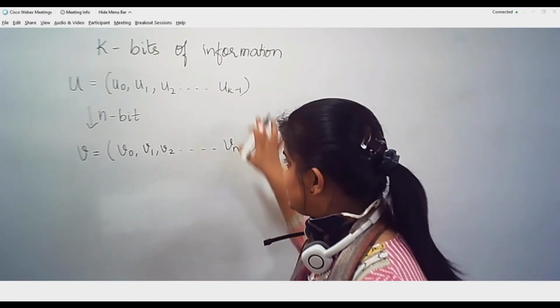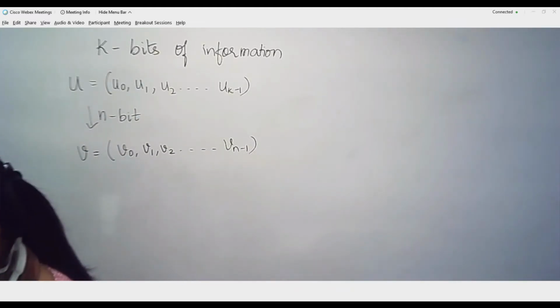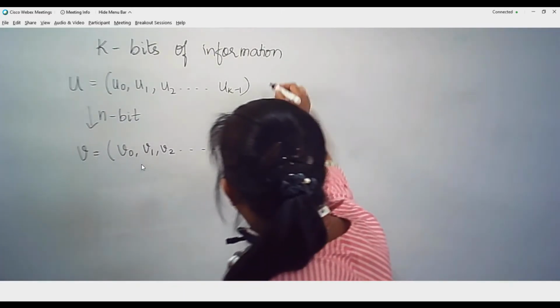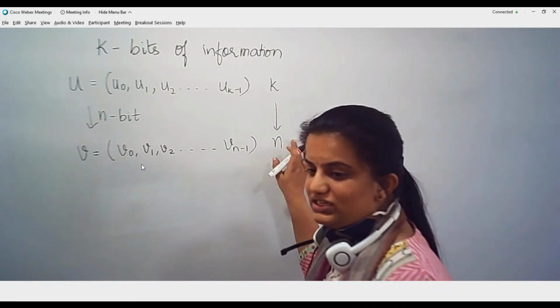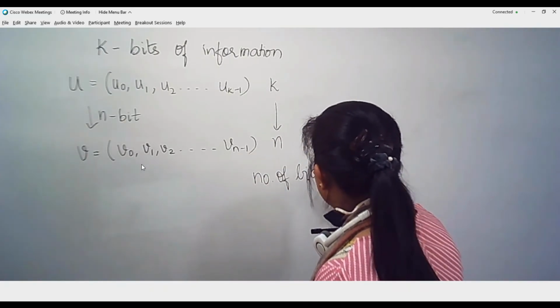The encoder for such a block code will always be memoryless, as I said. It only depends on the information available in that particular block. It will not consider the previously generated information bits. I hope this is clear. Now we will have to define one more parameter: whenever we convert k bits of information to n bits of information, we are actually increasing the number of bits transmitted per second.